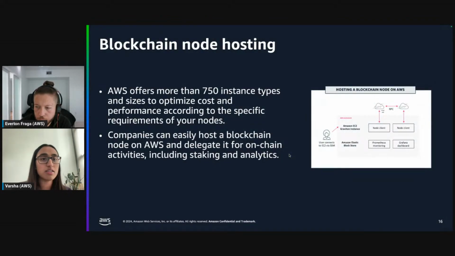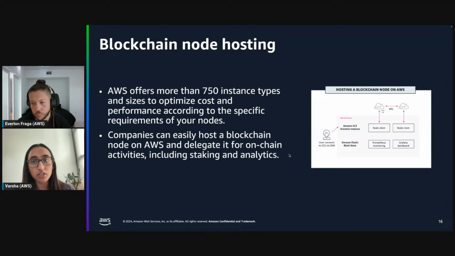Before going into the actual use cases, I just wanted to mention hosting blockchain nodes on AWS. There are a number of ways in which we support hosting blockchain nodes, but here are some things you may want to consider.